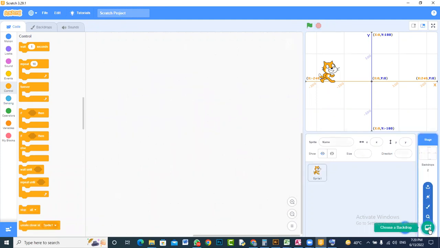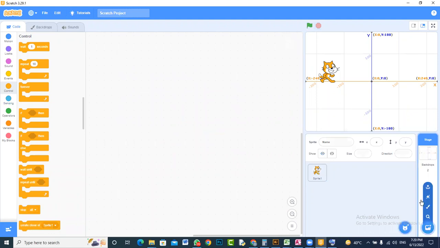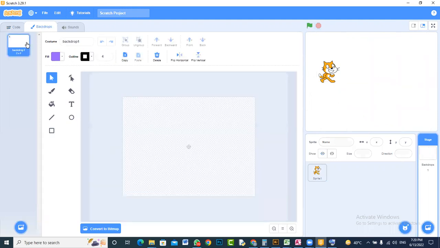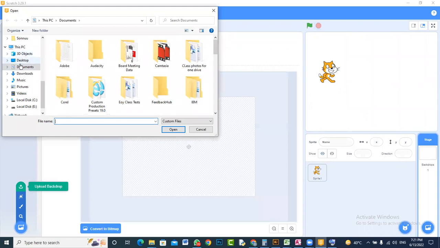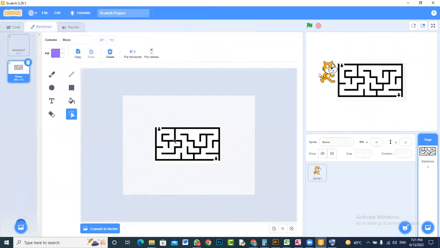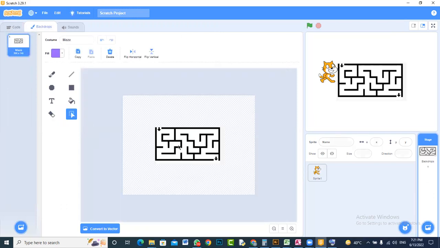pick up the backdrop of the maze that you have just downloaded. Go to this backdrops option here. Delete these two backdrops because you do not need them, and add a new backdrop by uploading it here. Go to the position where you saved it and just double click on the backdrop that you want. Now you don't need this backdrop, you can delete it. And this one,